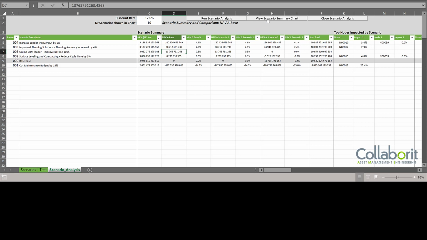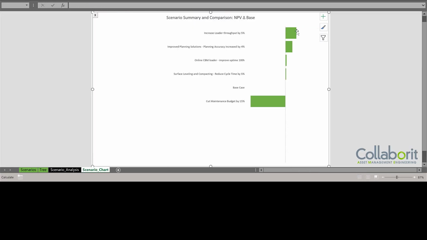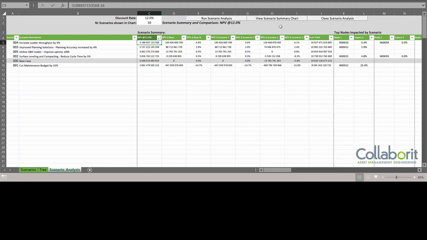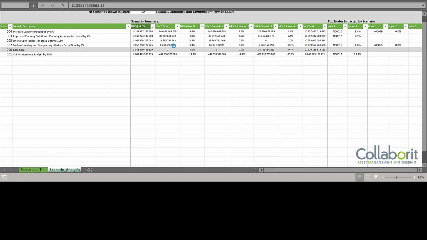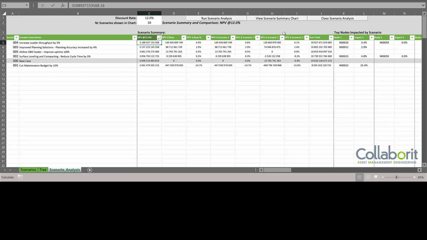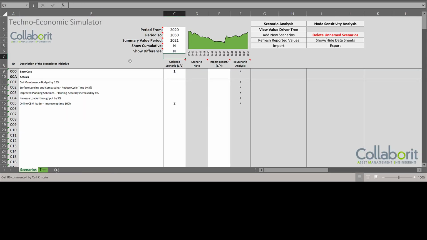If you want to, you can show this on the chart as well, which shows the difference. If I select this one, I can compare the base case and the relative sizes. So cutting the maintenance budget in this particular case is the only one not outperforming the base case. Obviously, in this case, I need to go and have a look at the uptime of the loaders, because